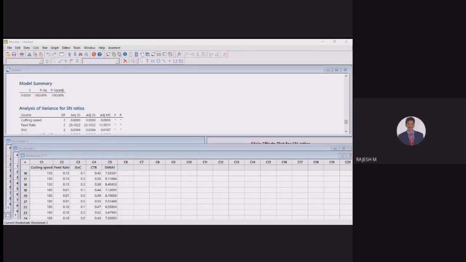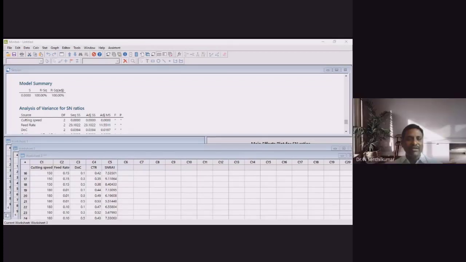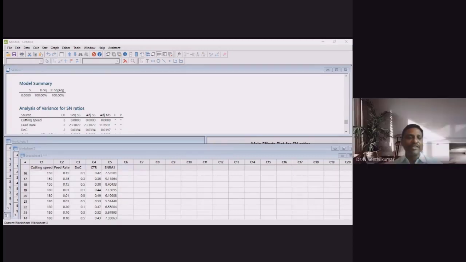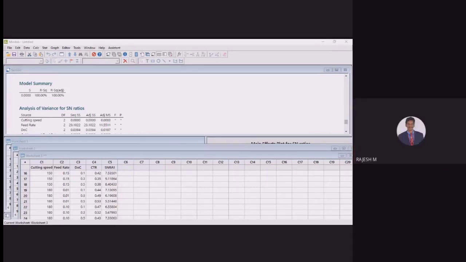Sir, actually I have a doubt about the ANOVA formation. We can apply the ANOVA for analysis of variance, signal to noise ratio or cutting speed to some F and P values. We can obtain a similar result from a regression equation. At that time, we obtain different ANOVA values. No, that ANOVA and all you should not consider. Only this ANOVA you have to consider. But this is based on the input parameters, and that is based on the regression coefficients. What is the difference between them, sir?